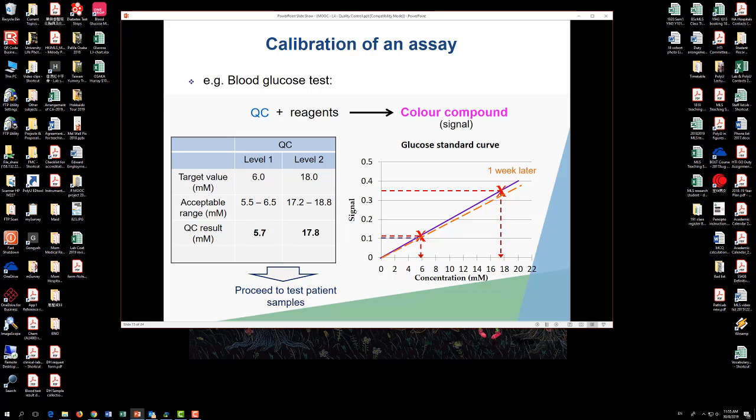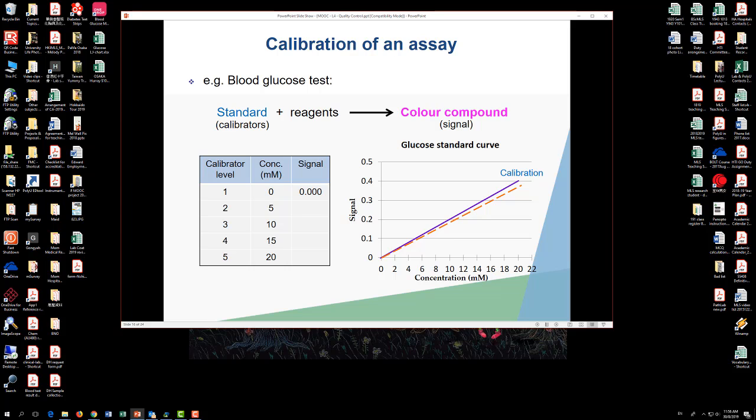If we still use the old calibration curve by running the same set of QC samples, the results are getting lower. This time the result of QC level 1 drops to the boundary, but still passes. But QC level 2 failed,